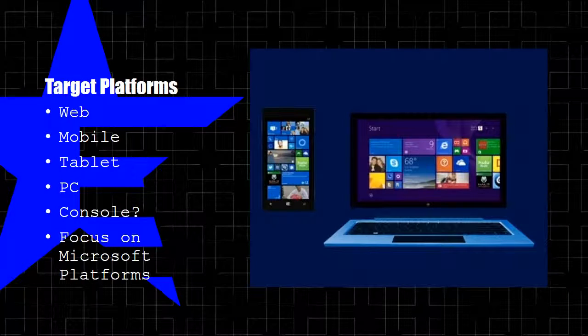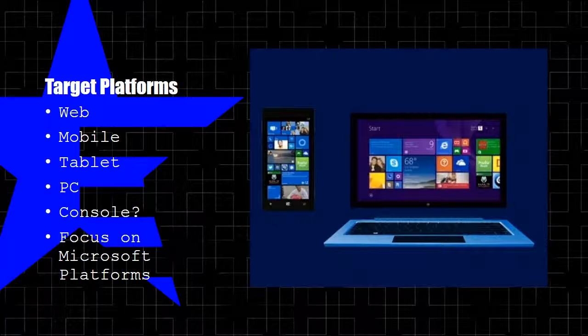The targeted platforms will be web, mobile, tablet, PC, and maybe console in the future. I don't know. But the main focus is on Microsoft platforms, and as of this video, Windows 10 has been released recently, so I'll target that one as well. Something to note about the web platform is that it will be a kind of trial demo of the game.